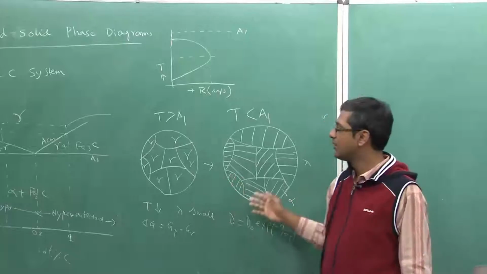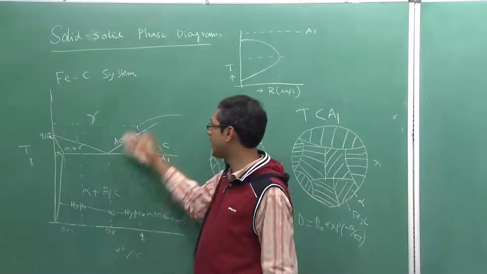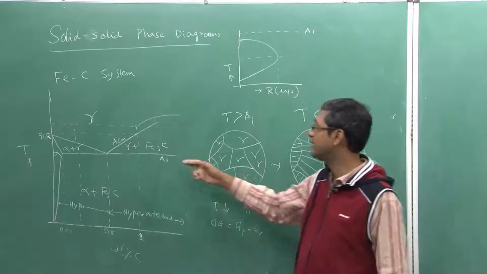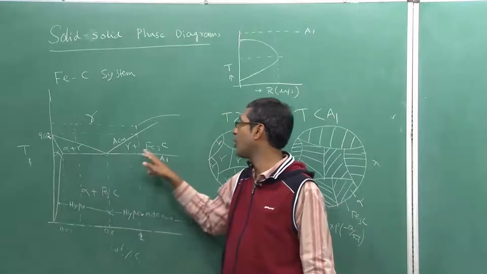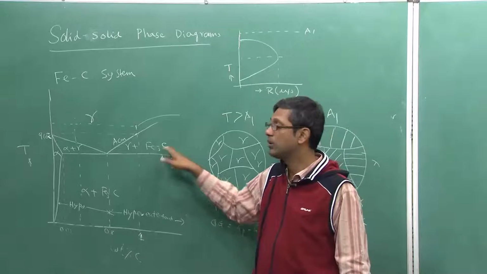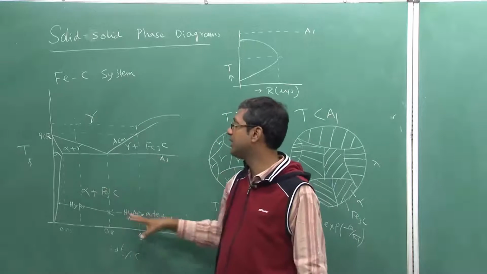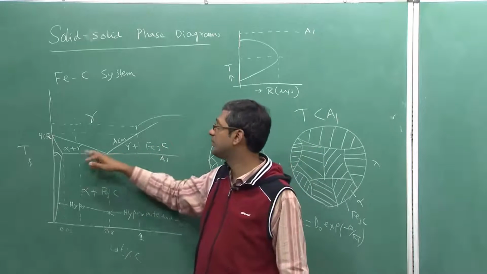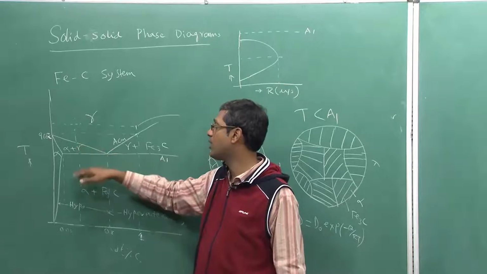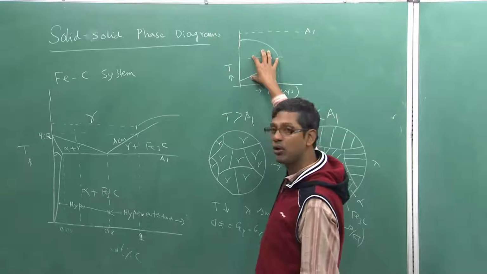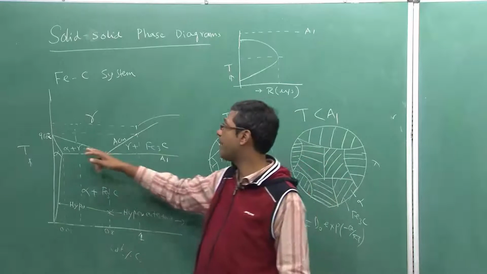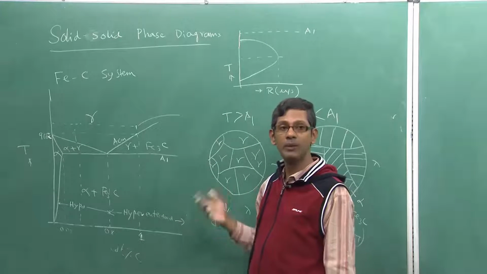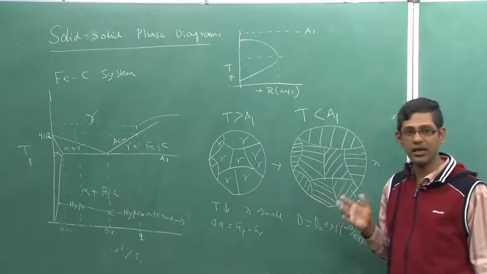Now, the question is, if I take a hypoeutectoid or hypereutectoid steel, the transformation rate will also depend on how the primary alpha or proeutectoid alpha or proeutectoid cementite forms. So if I want to really discuss the hypo and hypereutectoid steel transformation rates, I should talk about two different transformation rates, one at a temperature above A1, one below A1. Below A1 only pearlitic transformation happens; above A1 the transformation rate of alpha or cementite forming will definitely be different. If time permits I will discuss that.